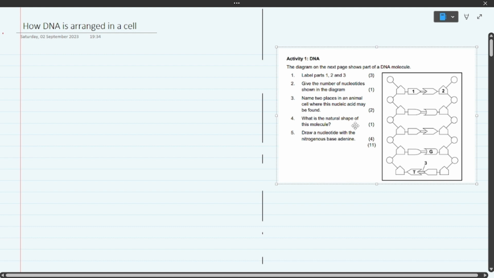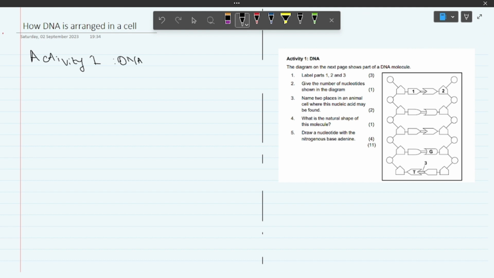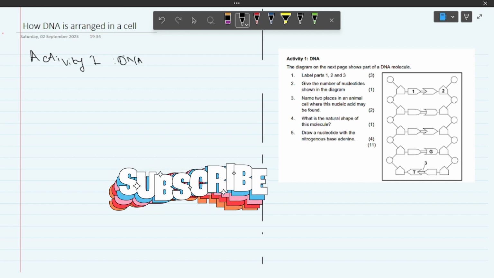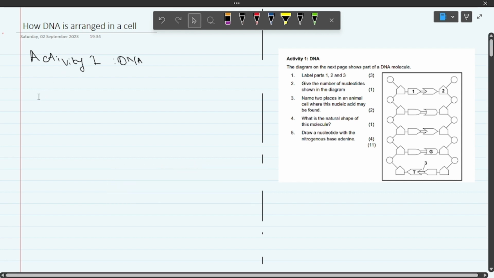Okay, so the first question that we're going to be looking at is activity 1. So basically in this diagram we're given activity 1, DNA. The diagram on the next page shows part of a DNA molecule. Okay, and then it says label parts 1, 2 and 3. Okay, so the first question says